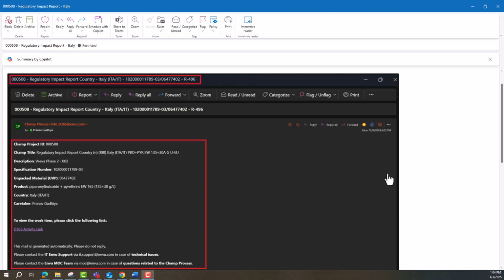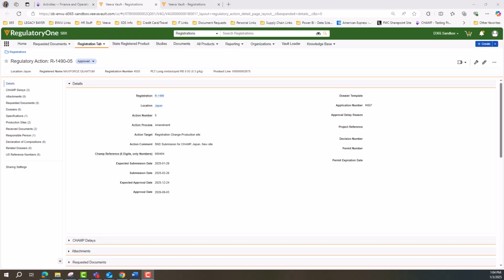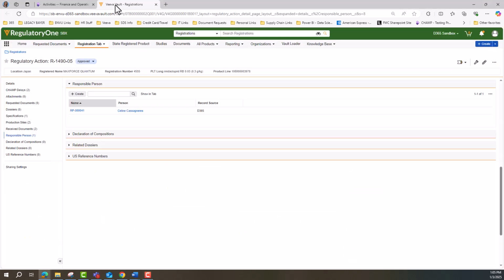The Veeva and the Mock team are excited to announce the release of Phase 2 Champ and Veeva integration with the changes including enhancements to the email notifications that you will receive, a direct hyperlink between the Champ system and Veeva, a connection between the responsible person in the Champ and the responsible person in Veeva,